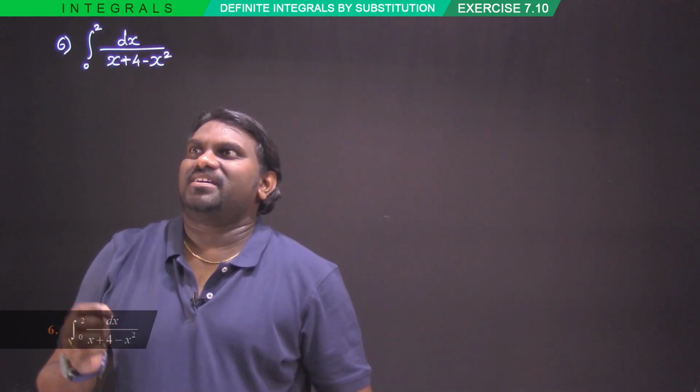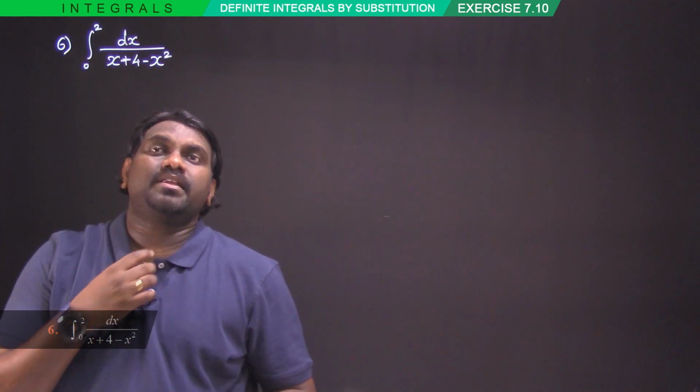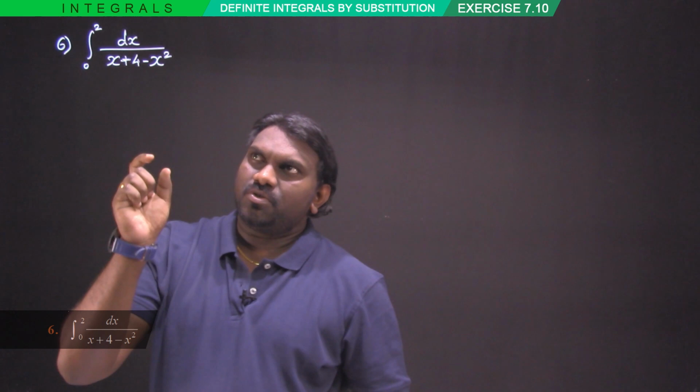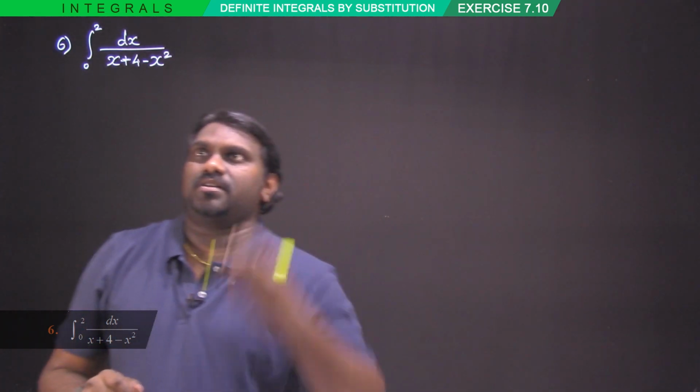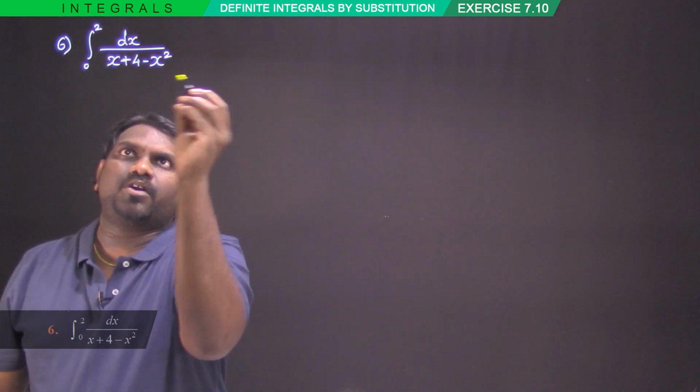Integral 0 to 2 dx by x plus 4 minus x square. This is our question. Now what should we need to do? You need to start factorizing the denominator here, to get a proper fraction. We have an x square here. Now just try out